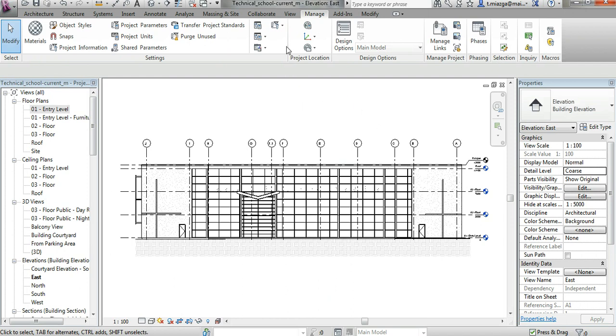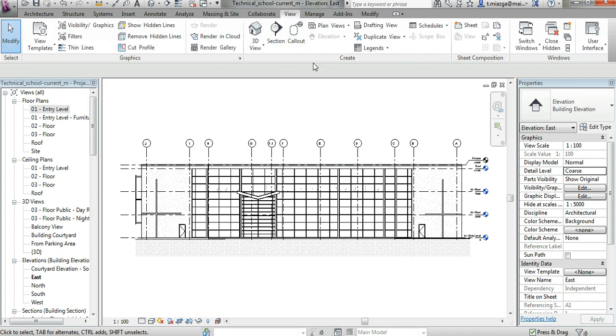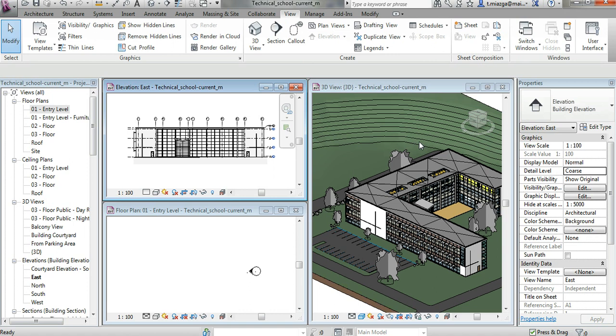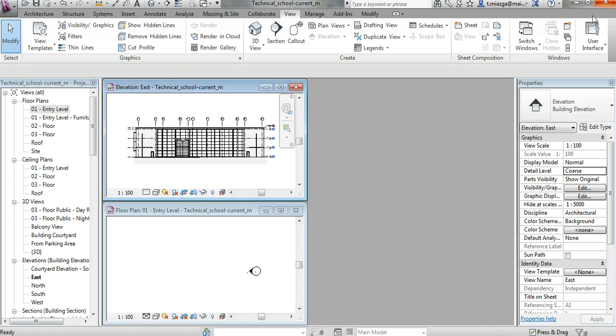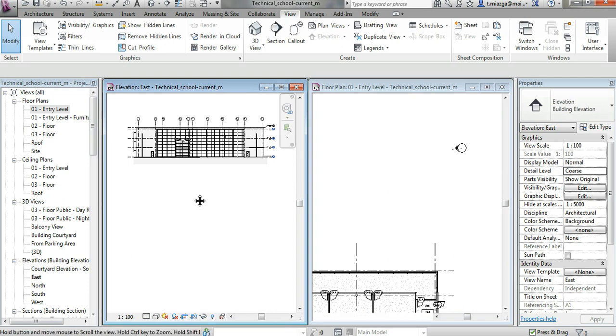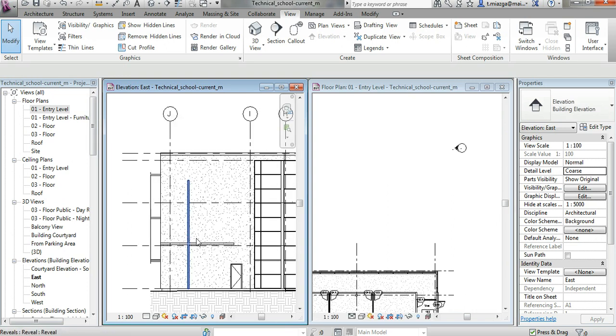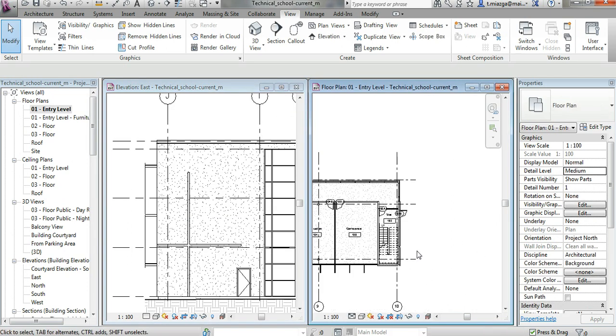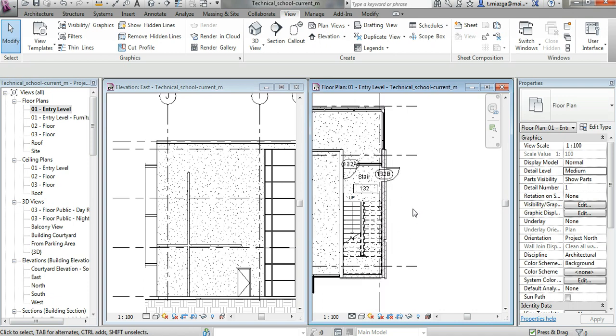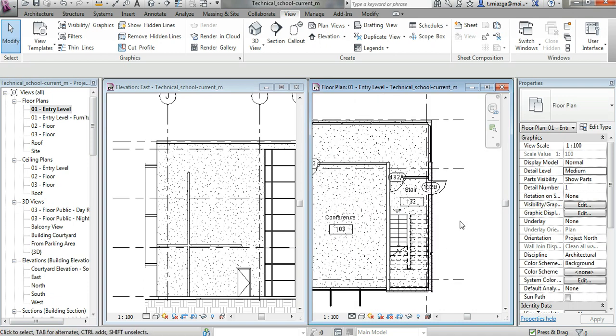I'm actually going to try and work in both of these views simultaneously here. So I'm in view and I'm going to click tile. And I'm going to get rid of this 3D view. I don't need that right now. So let's click tile again. Okay, so now I can work from two different perspectives here. So what I can do here is,